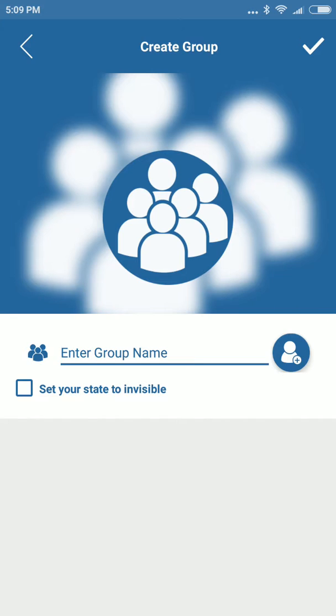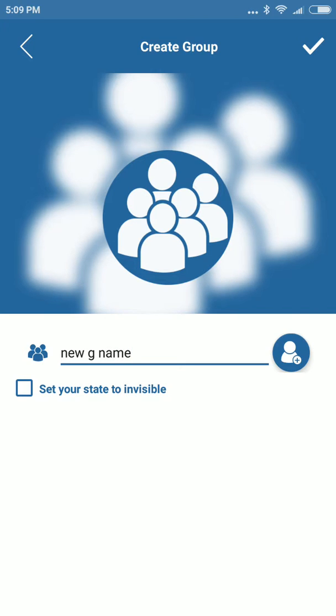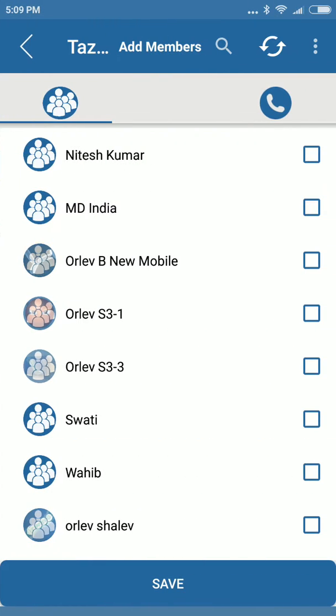We can enter the group name. Let me press just new group name, and we can enter the contact list. The contact list is divided into two groups. The left one, with the Tazligan logo on top, is the users out of my contact list that already installed this specific application, and